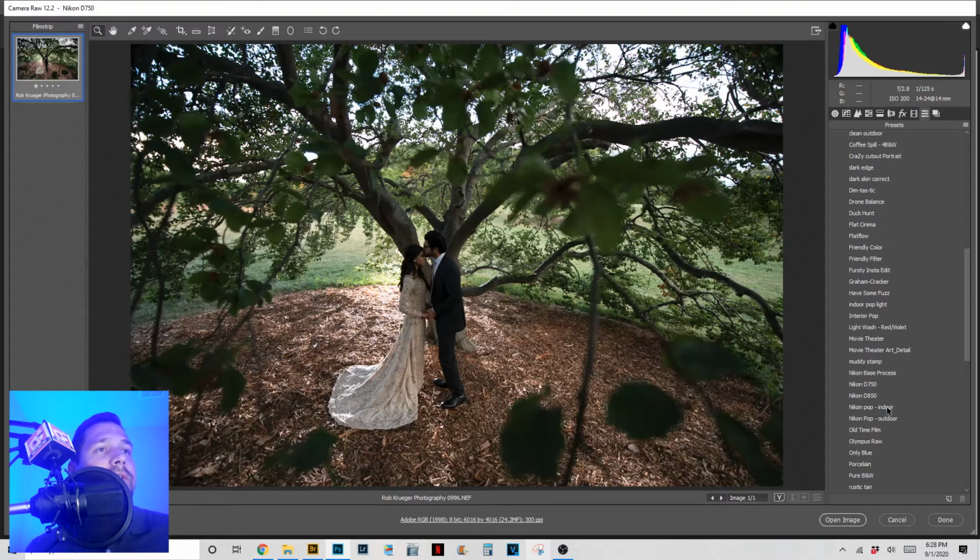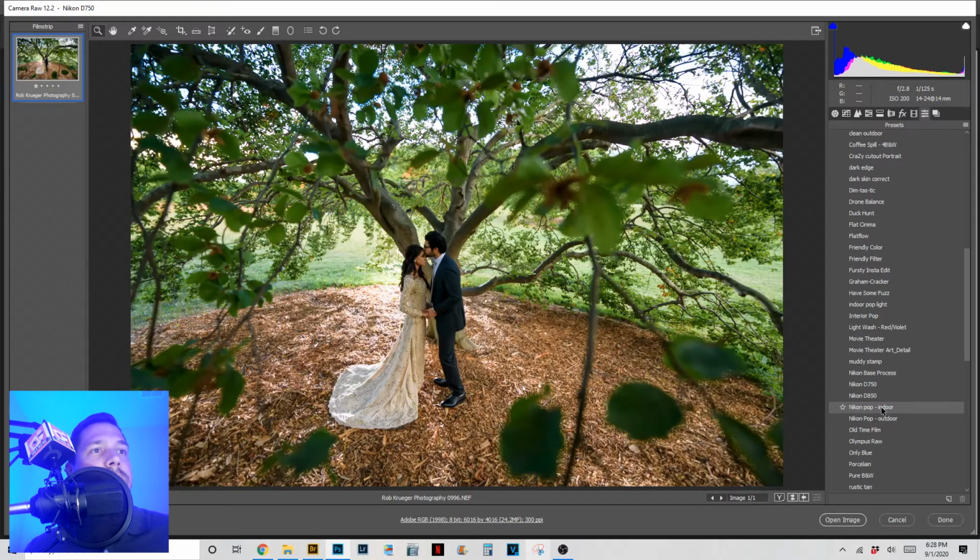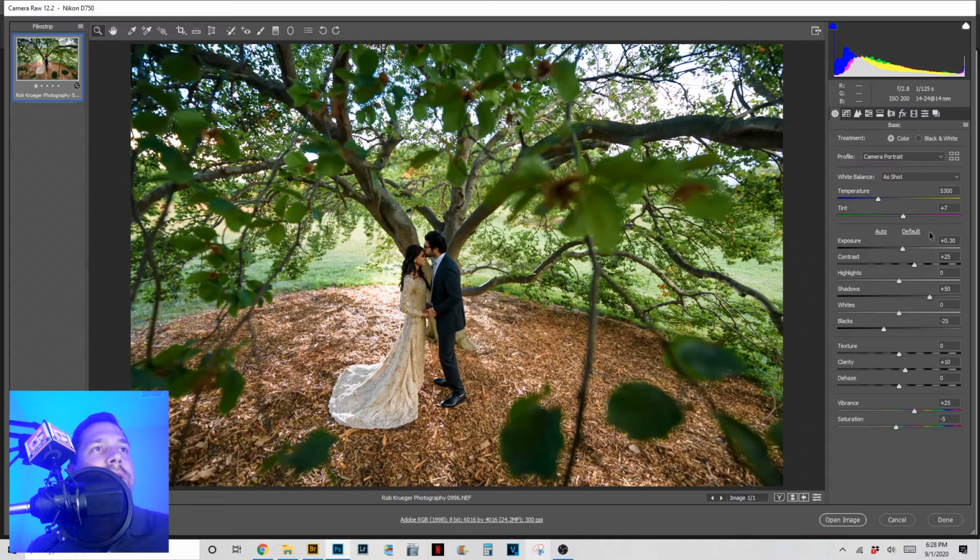One good thing I like about presets is when you highlight over them, you are given a look at what it's going to come up as. So you highlight over the preset, it'll show you what you have there. And for our purposes today, this is actually the one I'm going to select. There's a bunch of different presets available, but go with what you want or what you like for your images. So you have your preset made there, and you can see here we went from the exposure